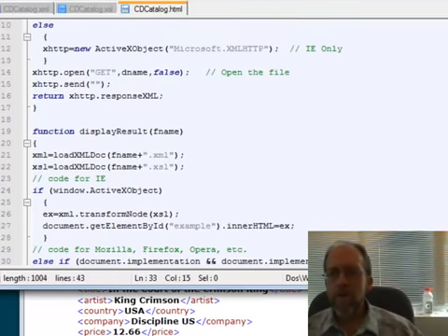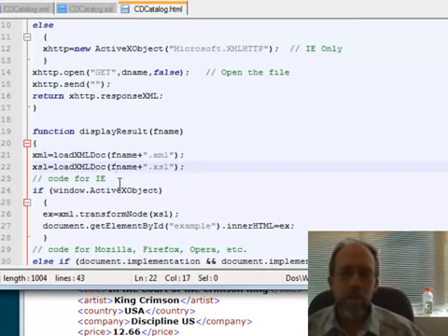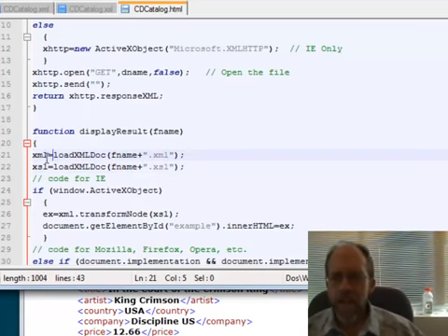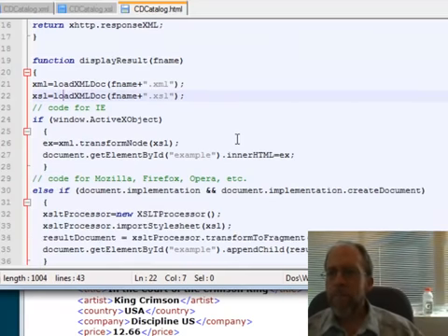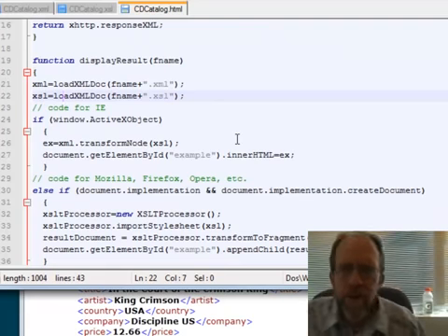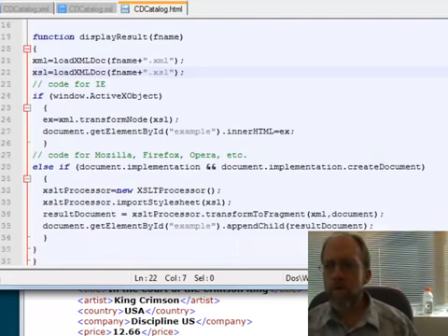The only thing that you would have to do is realize in my specific example, the file name, okay, was the same for the CD catalog, for the XML file and the XSL file. If you were going to use a different name, you would have to change this portion of the function right here so that you're loading them under different names. They still have to be able to work together. Okay, so this is some pretty good programming work to work with,